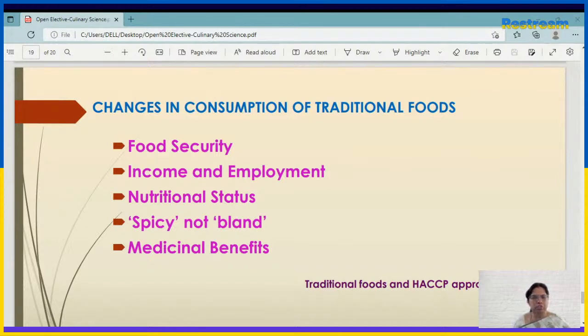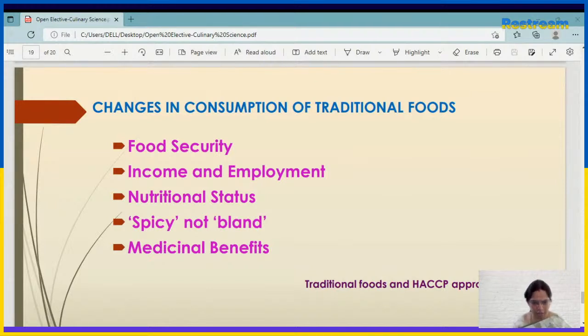Then positive aspects of urban food systems. Increasing urbanization and sedentary lifestyle are also a primary health issue. Urban consumers are increasingly unaware of the process by which the food is produced and processed. So traditional foods which are prepared at home are rare now. So all are going for ready to eat foodstuffs.